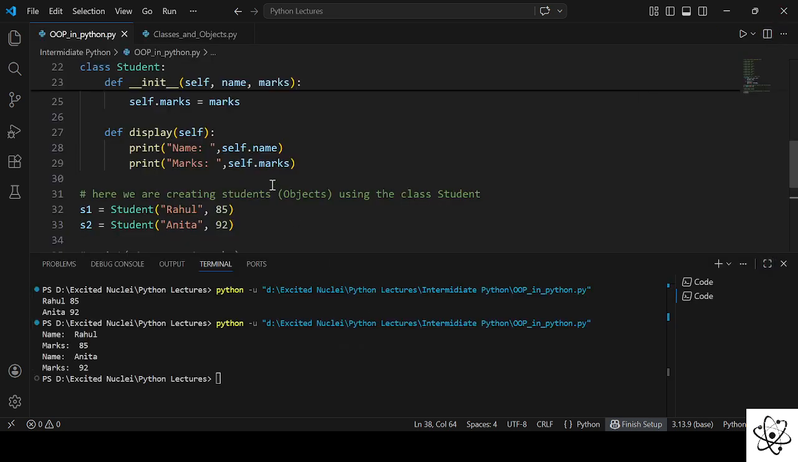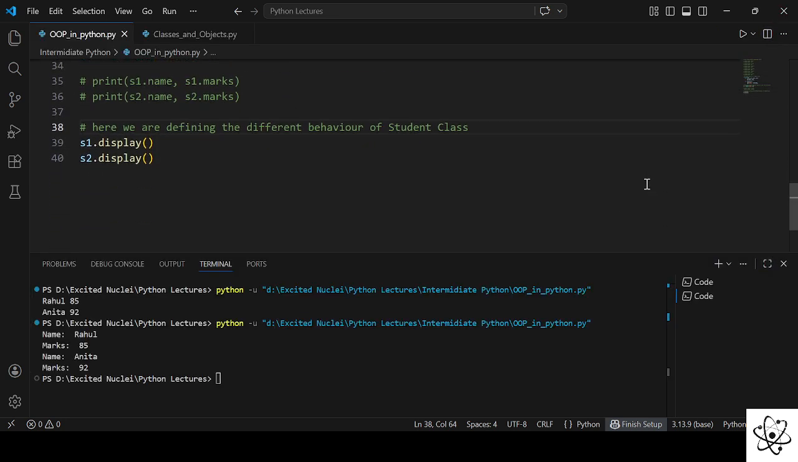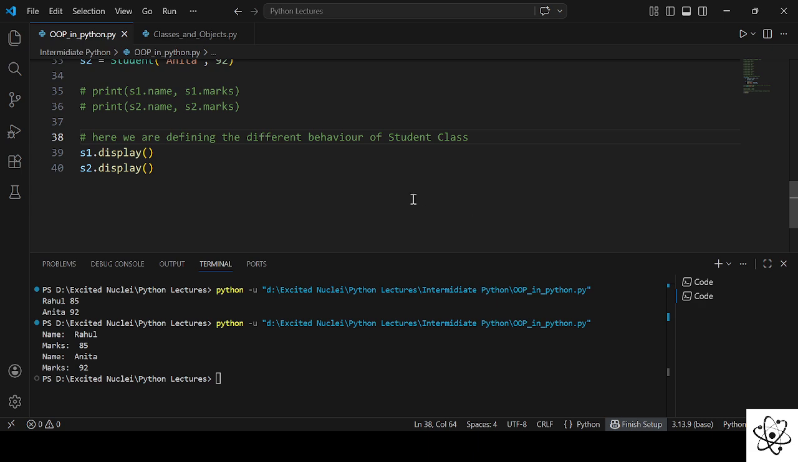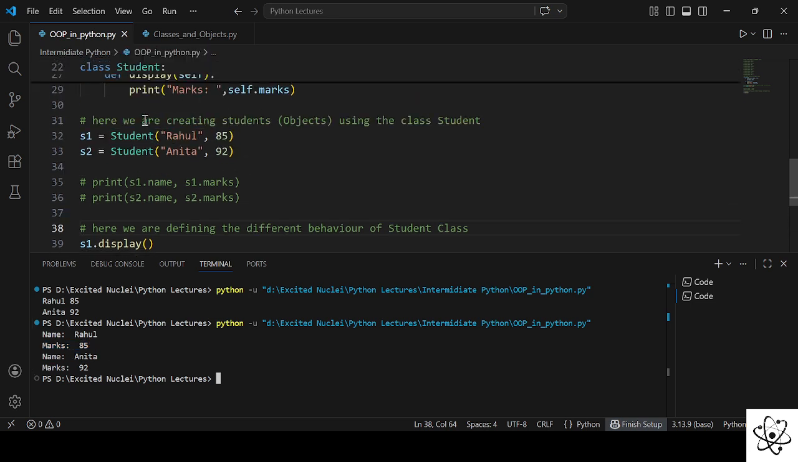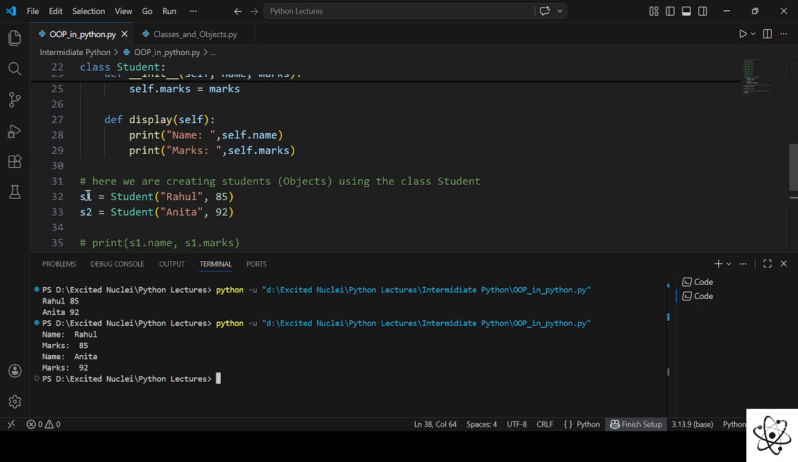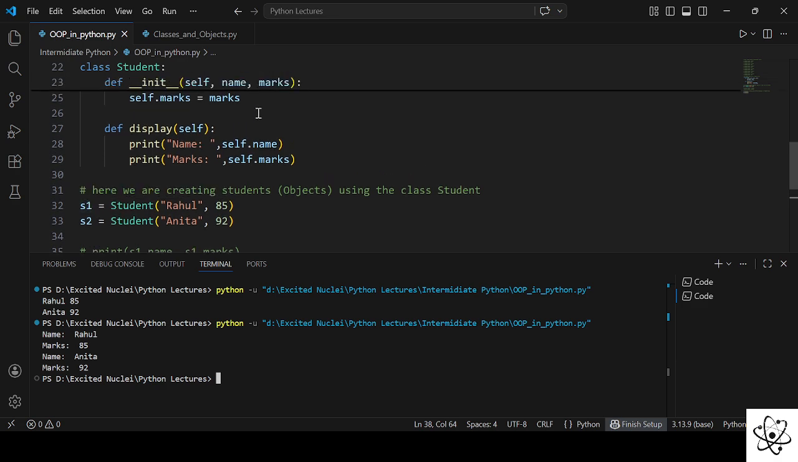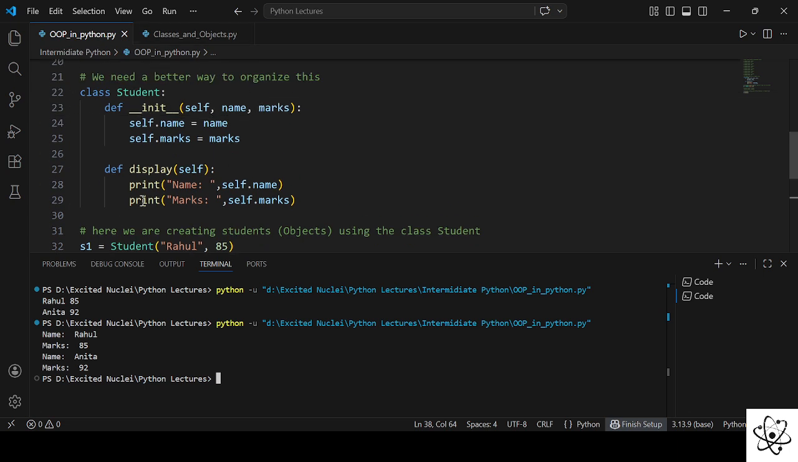Now what is happening here? We haven't called any kind of print statement, but still it is returning us the output. So here what is happening is we have created a student. Now this S1 holds all the properties of this class student. That means the same thing that we have to repeat n times, here we can skip all that part and